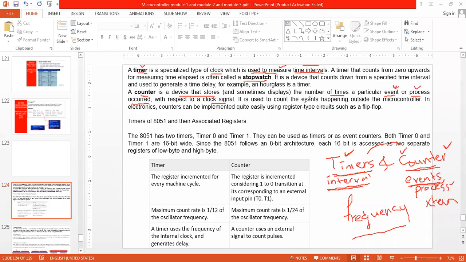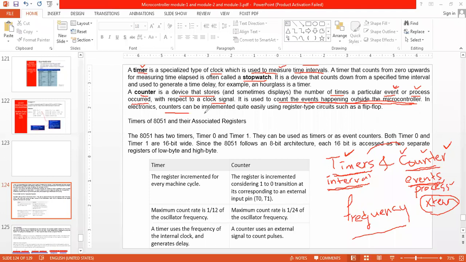So basically, it is used to count the events happening outside the microcontroller. So as I said, external.